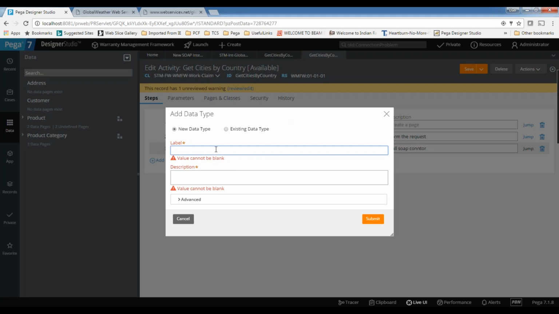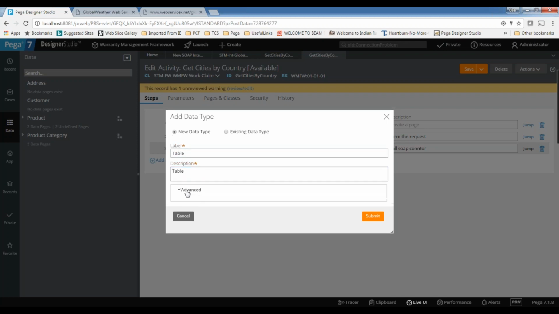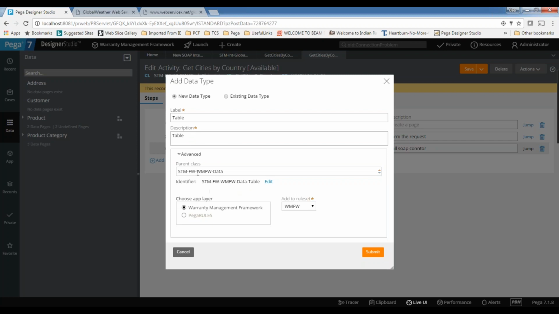And here I am taking table, and then I am creating it in the application data layer. This is fine.